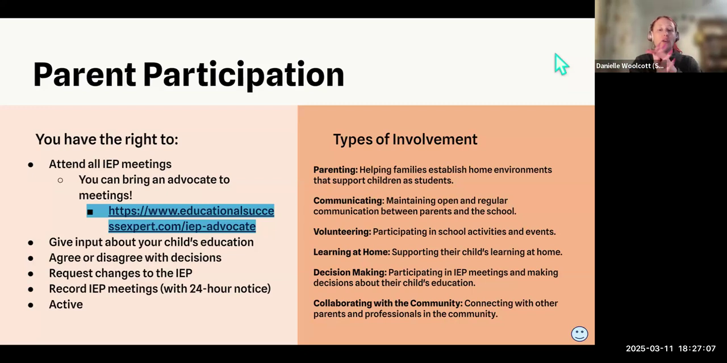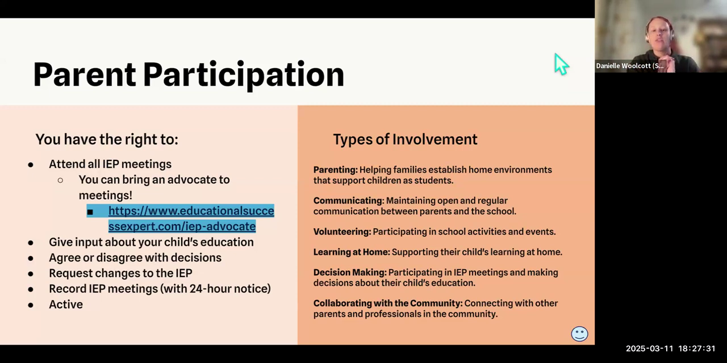You have the right to agree or disagree with the decisions on that consent page in that consent document in Long Beach Unified. There are a lot of different options besides just consenting to everything. So if there are things that you don't consent with, you have the right to indicate that. You also can request changes to the IEP. You can record IEP meetings, again, with that 24-hour notice,